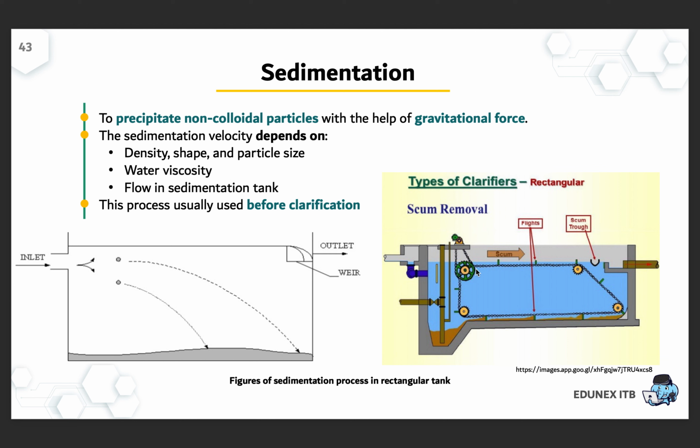The flights will rotate like this. In this figure, it will rotate clockwise, and then it will bring along the sludge and collect it here. Once the sludge is collected in this pit, it can be sucked by this line to be disposed outside of the sedimentation tank. So we will not get a build-up of particles in our sedimentation tank.